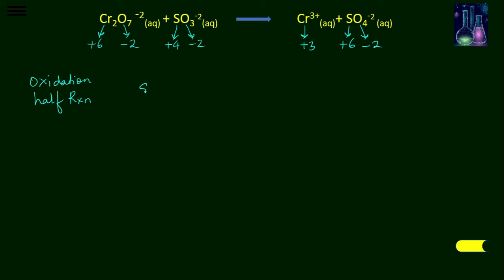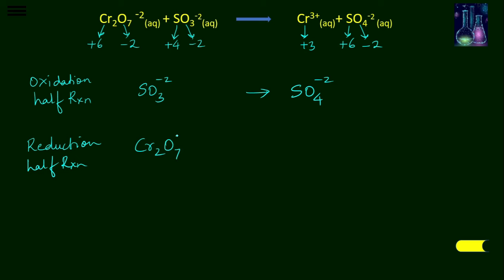And the reduction half reaction is Cr2O7 the whole minus 2 to Cr plus 3. Now once we have identified the reduction half reaction and oxidation half reaction, let's go on to the next